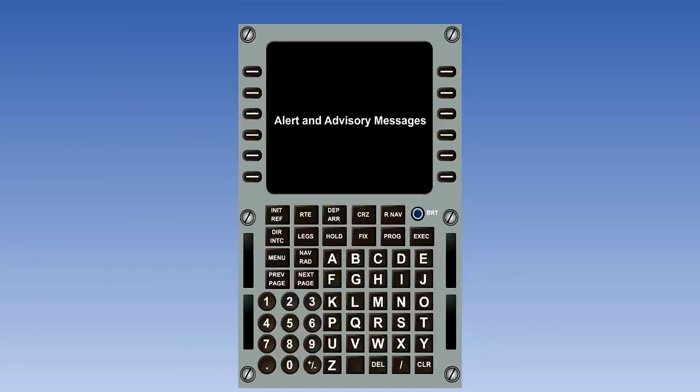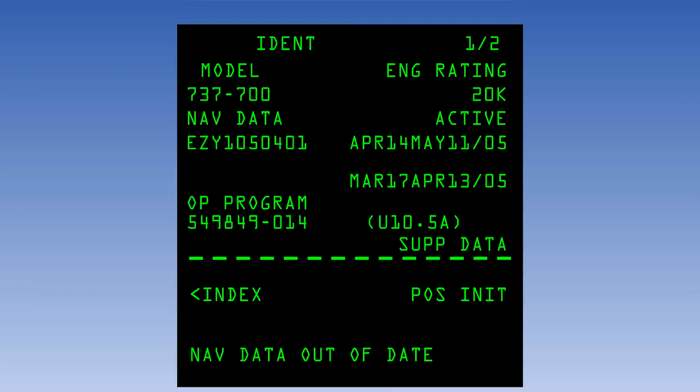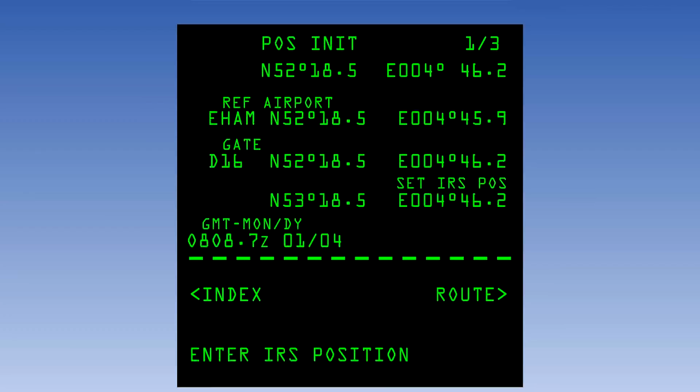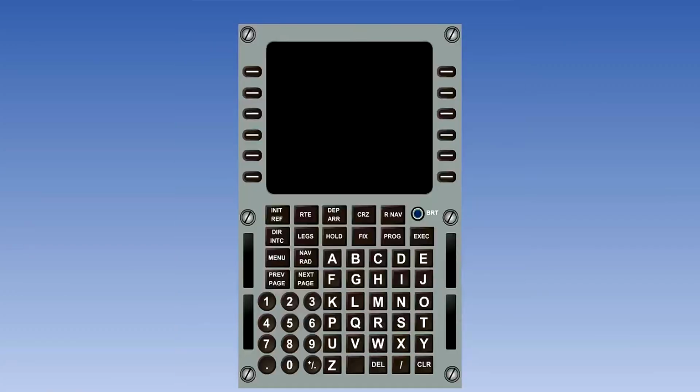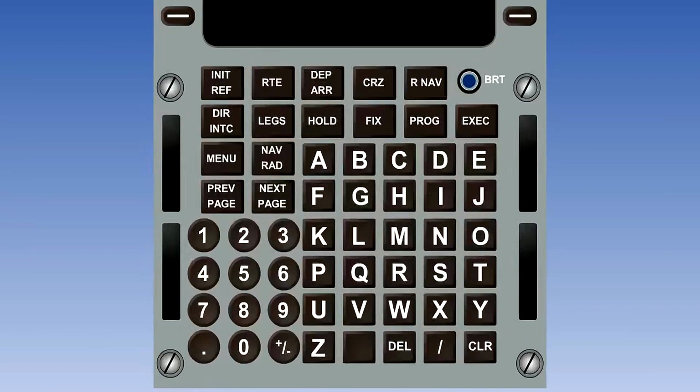However, the scratch pad also has a second use. The computer is programmed to pass relevant information to the pilots should it be necessary. These are called alert or advisory messages. Alert messages have the highest priority and they identify conditions which must be acknowledged and corrected by the crew before further FMC guided flight is advisable or even possible in some cases. Advisory messages have lower priority and inform the crew of CDU entry errors or system status.